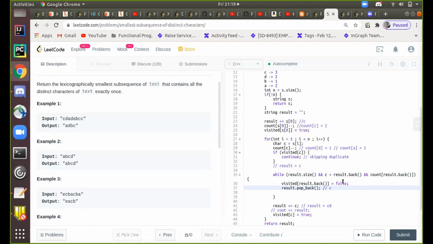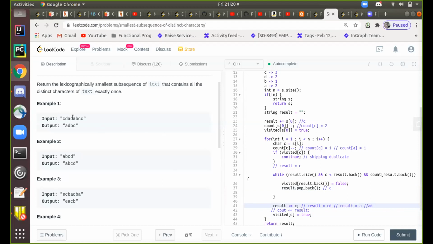So after this, my result becomes null. I come out, and my result would be A here. I'll mark it as true here, and then I'll go on to D. I'll add D here, so it would be AD then.